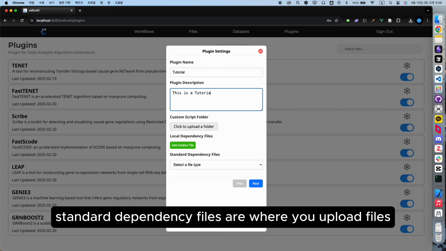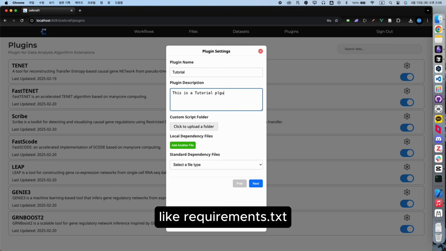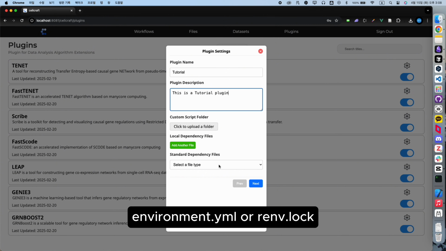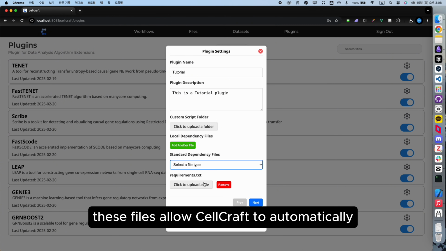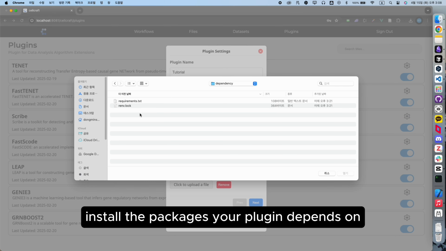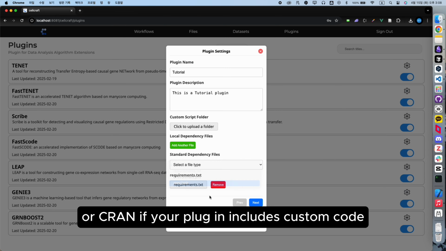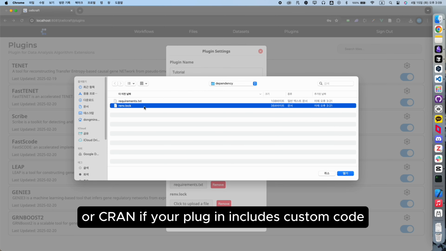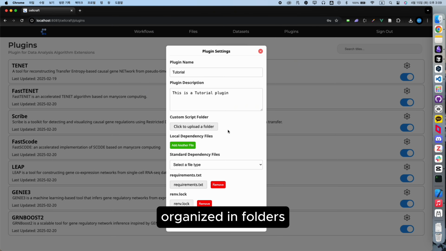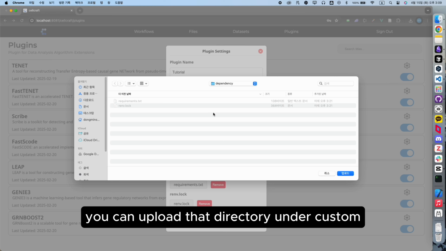Standard dependency files are where you upload files like requirements.txt, environment.yml, or rnv.lock. These files allow CellCraft to automatically install the packages your plugin depends on from public repositories like PyPI or CRAN. If your plugin includes custom code organized in folders, you can upload that directory under Custom